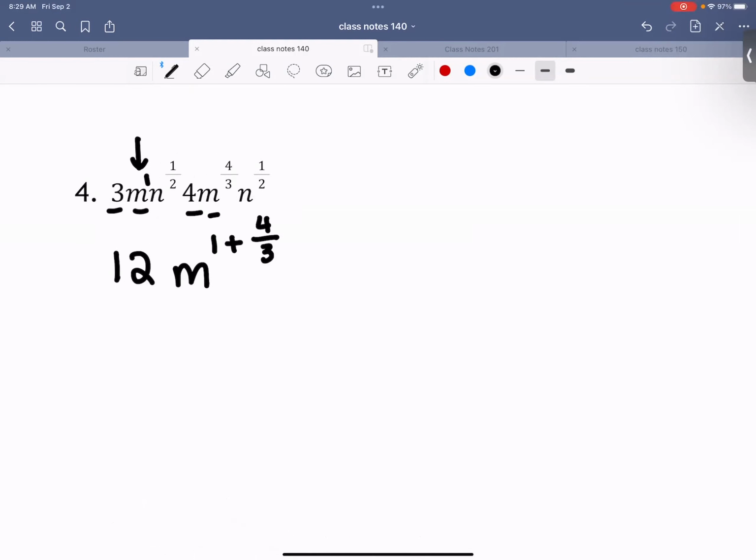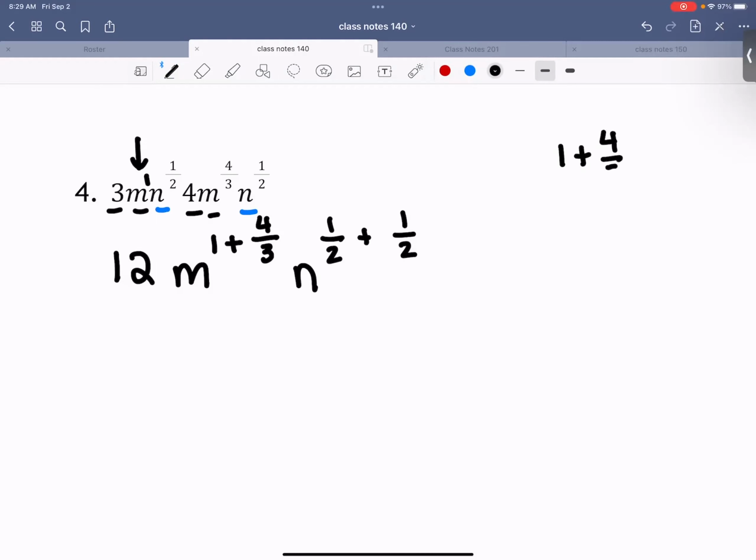Okay. Next, we have two n's. There's an n here and an n here. We want to add those as well, right? So n to the 1/2 plus 1/2. Okay, good with me so far? Perfect. Okay, so on the side, I'm just going to do 1 plus 4/3 because I think that's kind of